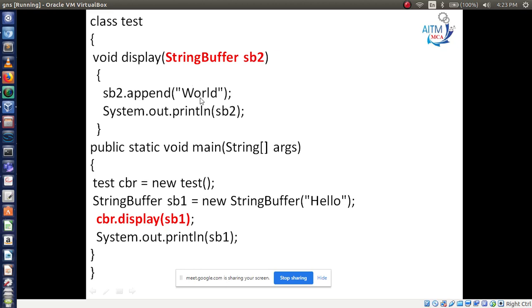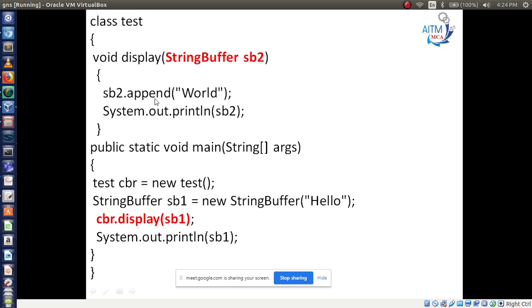So what are you getting here? You are printing with SOP. Now what is the output for this? What will you get in SOP sb2? Simple logic. Yes, the sb2 value is hello, right? From the main method you are getting the sb2 value hello, hello append word.